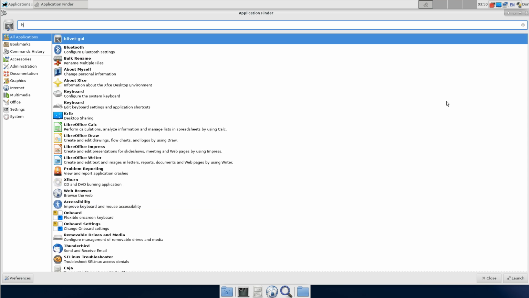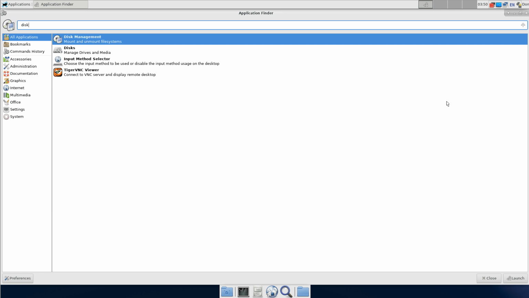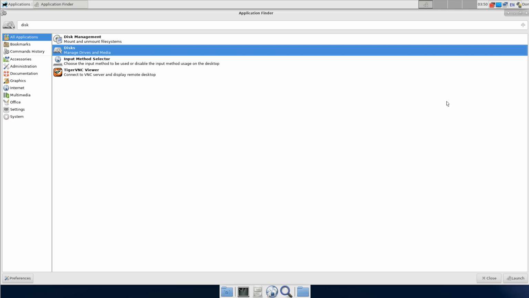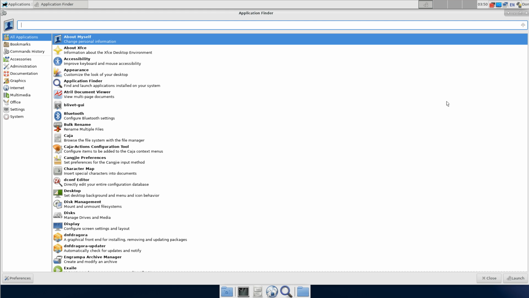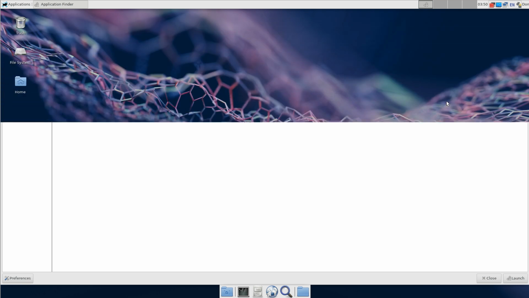Oh, disk. I was going to go look for Plymouth in DNF. See if there's any other disk apps on there. Disk management. Disk drives and media. That's the one where you just mount stuff. Okay, and you can't use that as regular user anyway. Yeah, while I'm thinking of Plymouth again, let's go ahead and go into